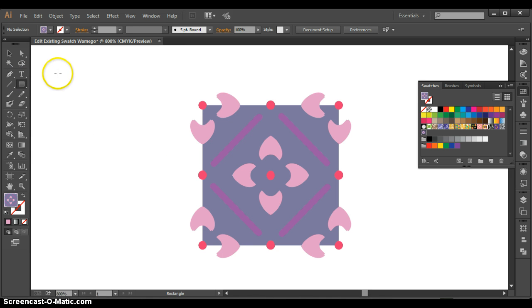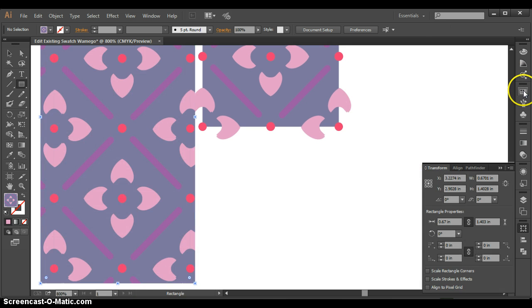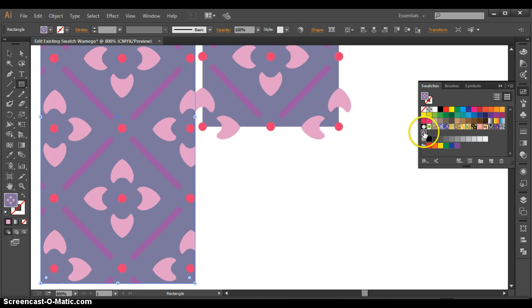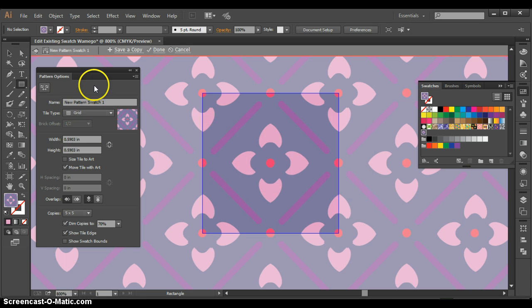And tell you what, we can come over here and draw a giant box like so. And because that pattern was selected, see how it filled it with the new pattern. Now, as long as this is outlined right there, I can go to my edit pattern. And we can name this pattern if we wanted to. New pattern swatch, let's see, that was a lotus flower,